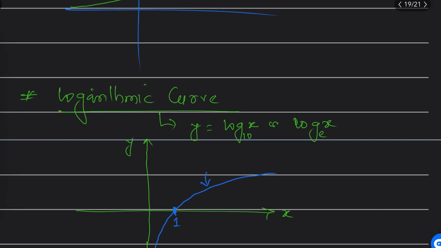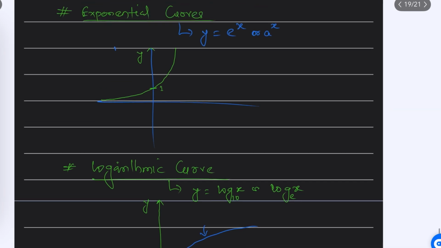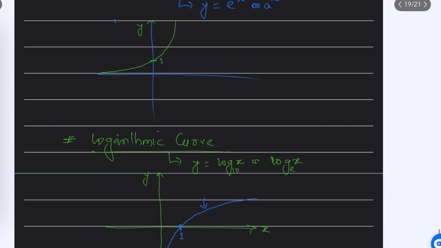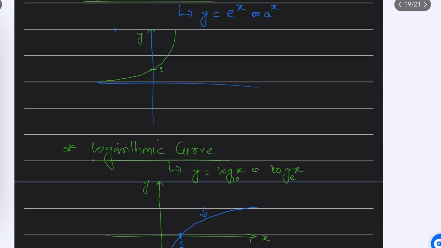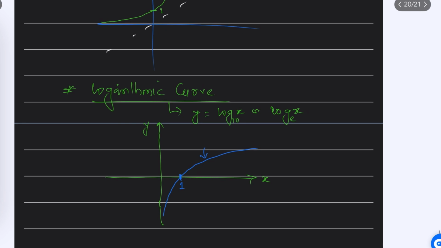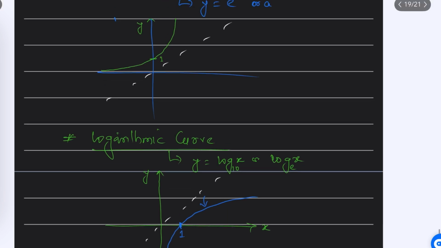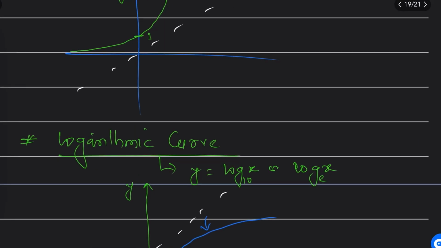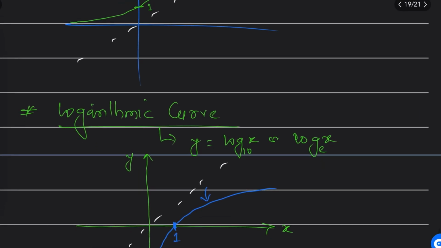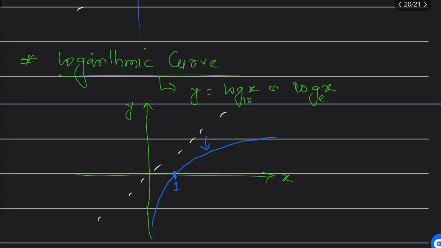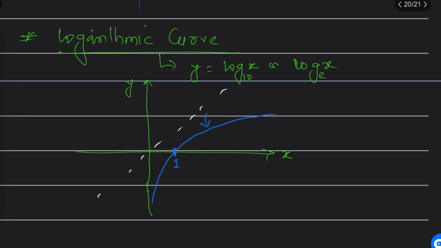Sir, let me show you these equations, the exponential equation and the logarithm: these are mirror images about this line, about x equal to y. See, are they mirror images? Yes, these curves are mirror images, so keep this in mind, sir. Okay, these two curves are done, sir. These are enough curves, which are very important to understand, and I discussed them. So if you didn't understand, go and revise again.